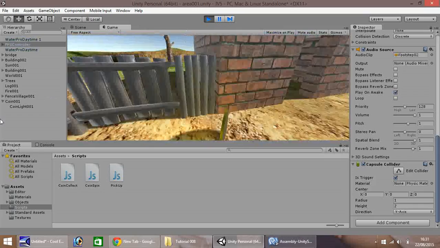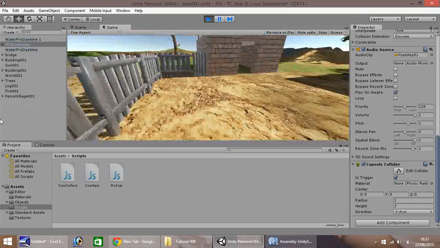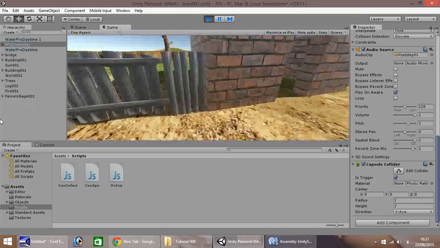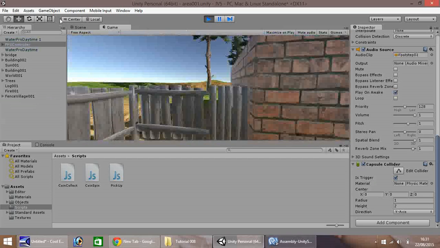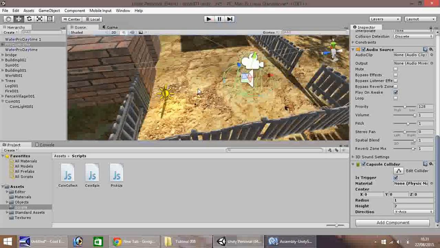And let's collect our coin. As you can see, we've now picked it up, as our collider, which is the trigger, has collected it. Okay, so we will work further with these coins in future episodes, but for now we're going to delve into